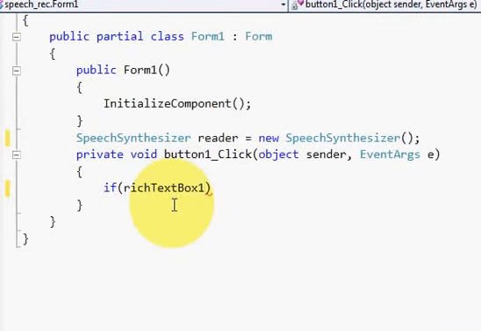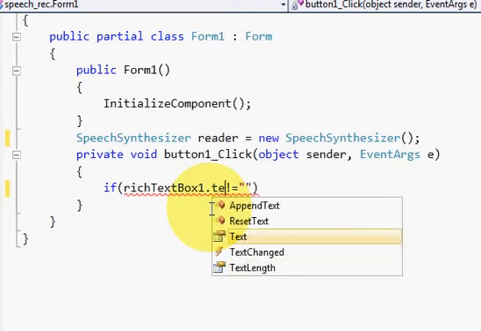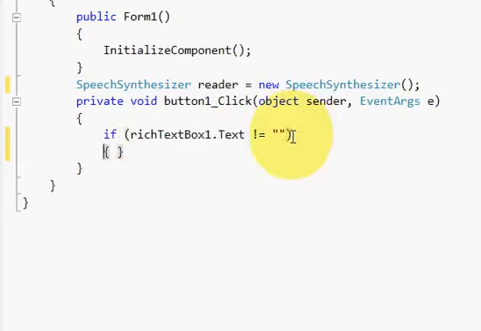If my rich text box is not equal to null, richTextBox1.Text I will write here. So richTextBox1.Text is not equal to null, then in this if condition